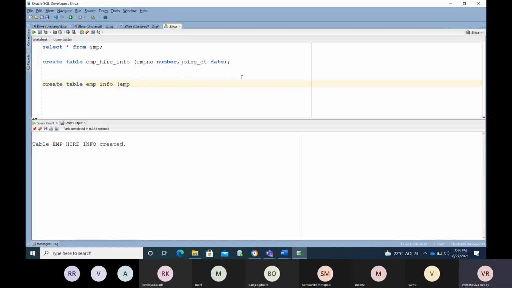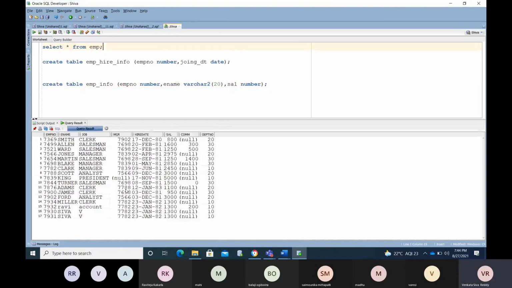In this I'm maintaining EMP number, name as varchar of 20, and salary. Salary is a number. So I created this data. I have 17 records in this employee table. Maybe I got this data from the client.